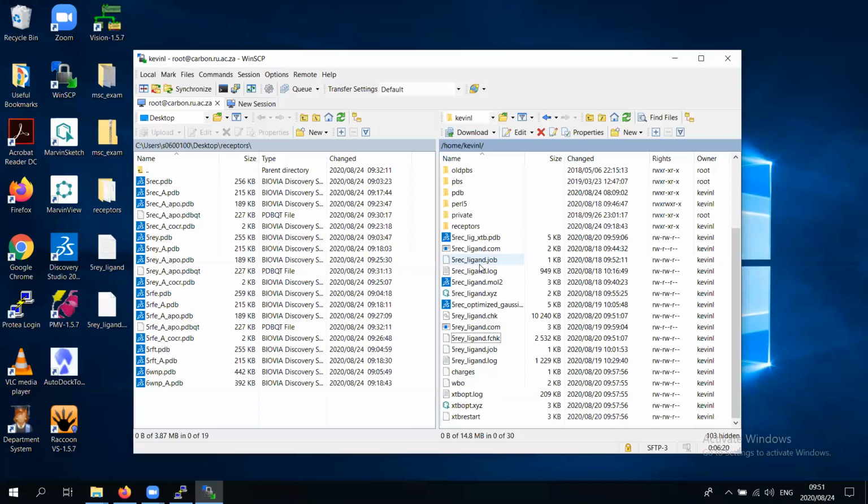So what I want to do now is I want to do a redocking. So what I've done using Marvin Sketch is I have recreated that ligand for the 5-REC protein. I've recreated that ligand. And can you see that I have optimized it with XTB? So I'm going to copy that